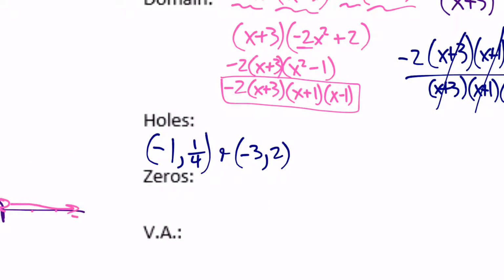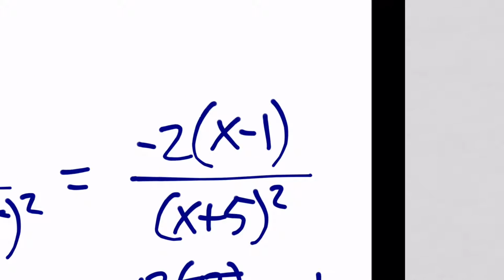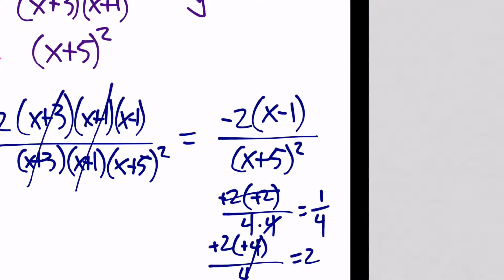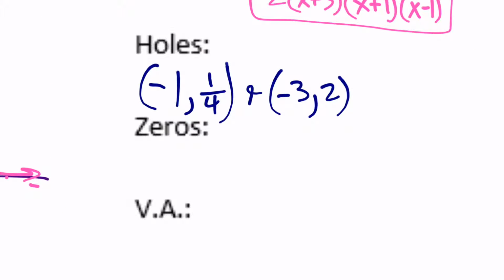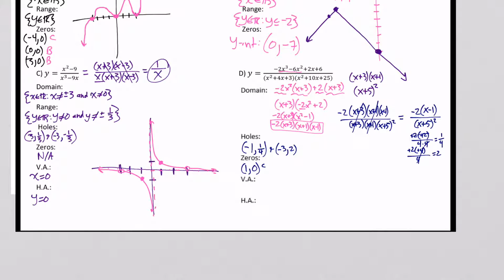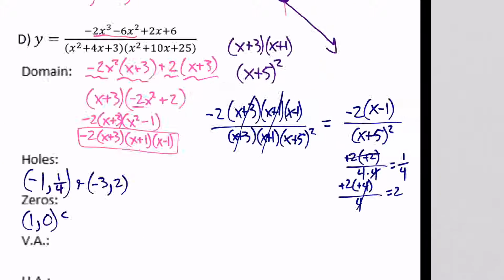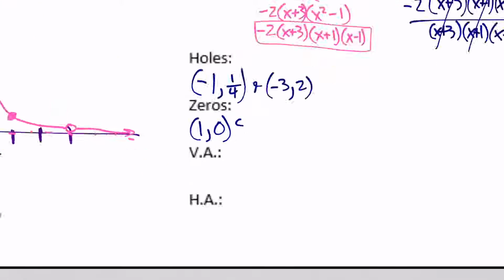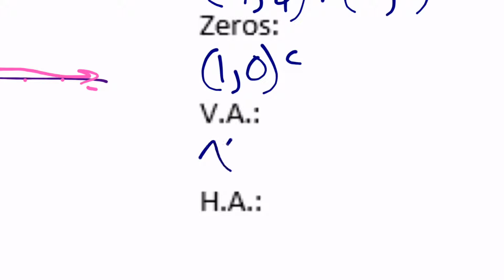All right, what about zeros, aka x-intercepts? Well, that's x minus 1 up there, giving me an x-intercept at 1, comma, 0, and it's going to cross there because its multiplicity is odd. Vertical asymptotes coming from the x plus 5 in the bottom. So it's giving me a vertical asymptote at x equals negative 5, and it's a multiplicity 2, so I'm giving myself a reminder that my tails will go together, either both up or